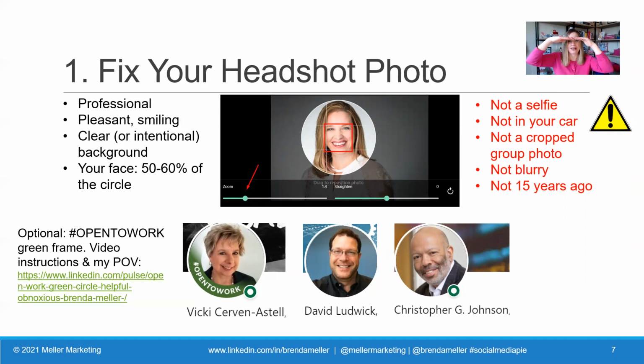Okay. What I like to do is line up my eyebrows with the top of that middle square. And then between my mouth and the bottom of my chin goes to the bottom of that middle square. If you do that, you've got that really nicely framed up. Your face is centered. And from the top of your forehead to the bottom of your chin, that's going to be 60% of the circle.